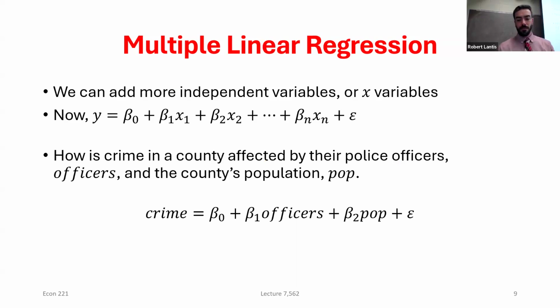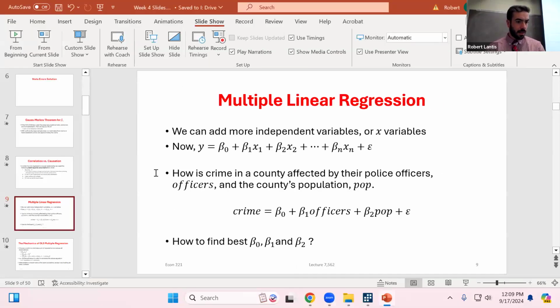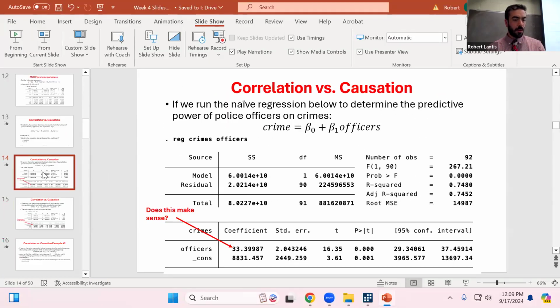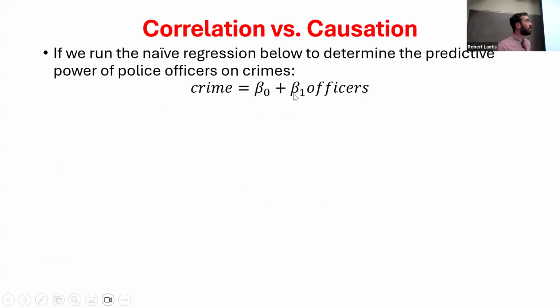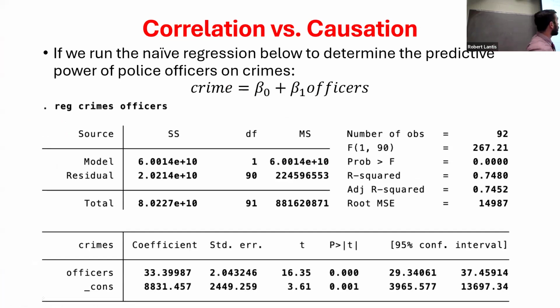In fact, I think I have my slides in a dumb order here. So skip ahead a little bit, because I have the results so we can actually talk about them. If I run this very naive regression, we're doing a lot of interpretations today, just getting more examples so we get used to this. A 1 unit change in X, having one more police officer in your county, actually looks like it increases the predicted crimes in that county by 33. Well, that doesn't make sense, that having more police officers around, crime goes up. Well, I'm not